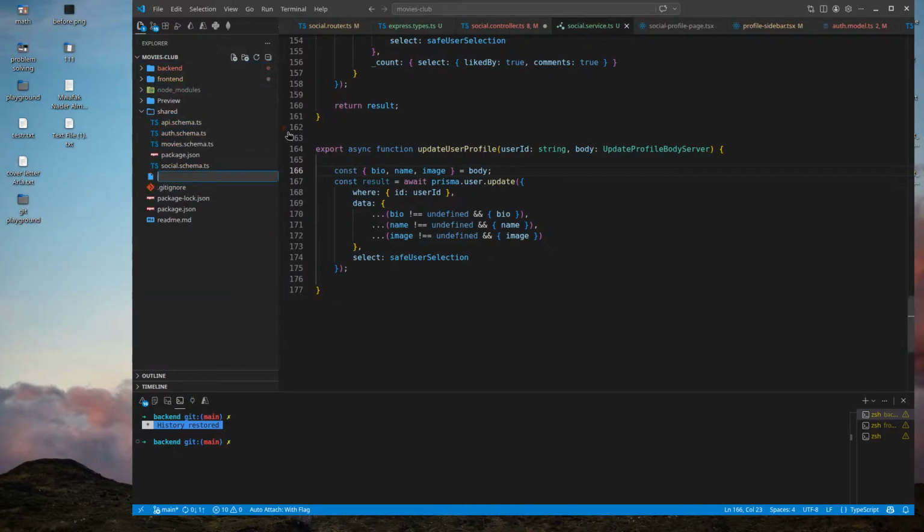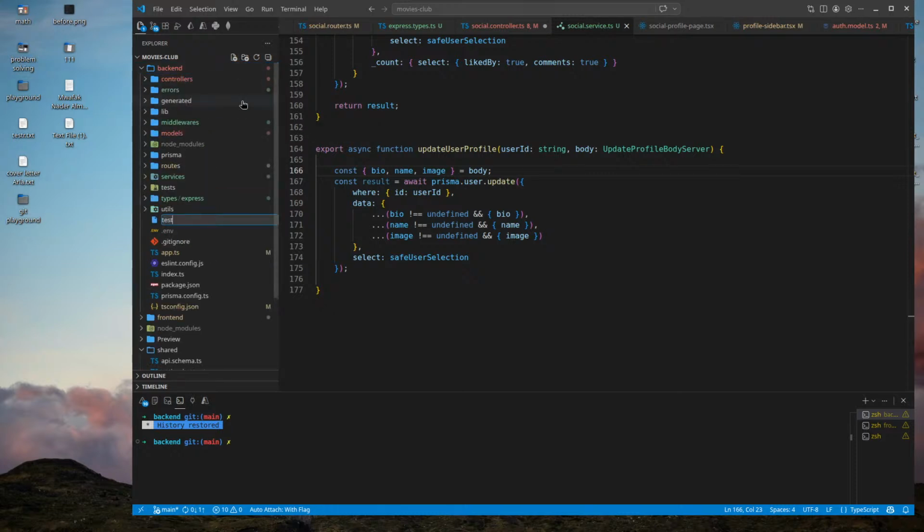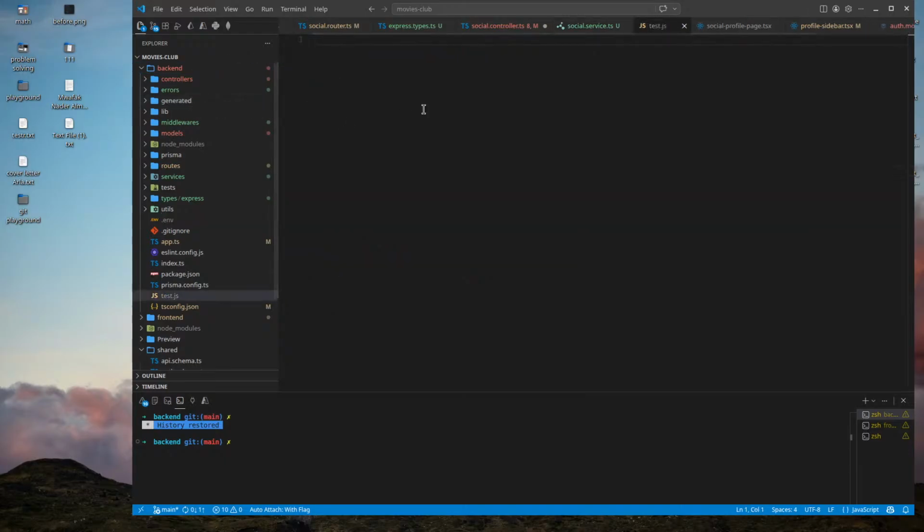If we have a file, we go test. Let's make it a side menu. Test.js. What's the name? X plus y is equal to what? Name. There is no. Okay.